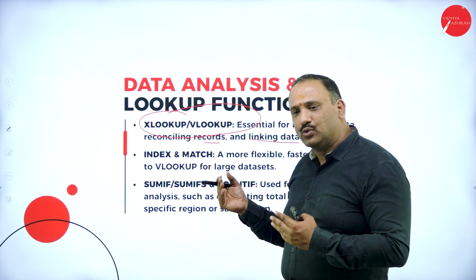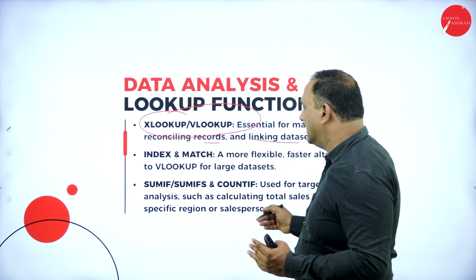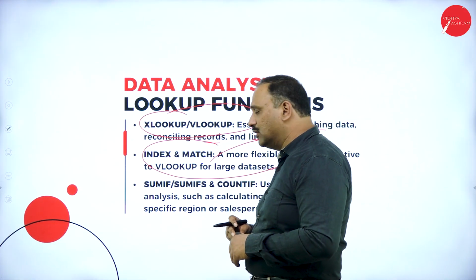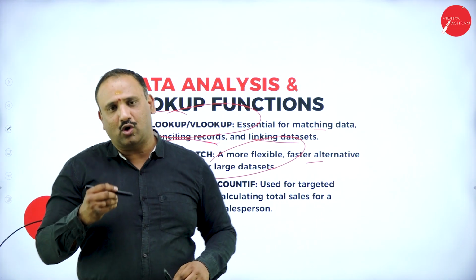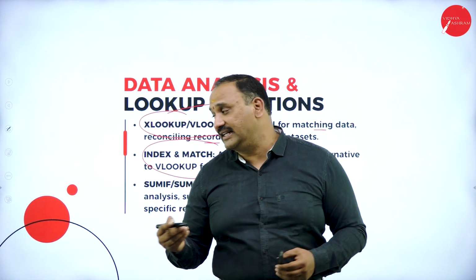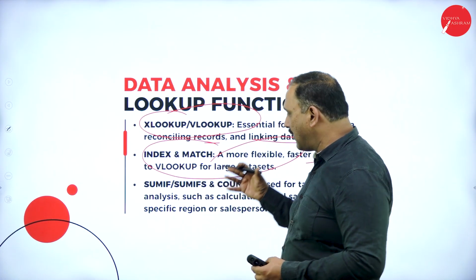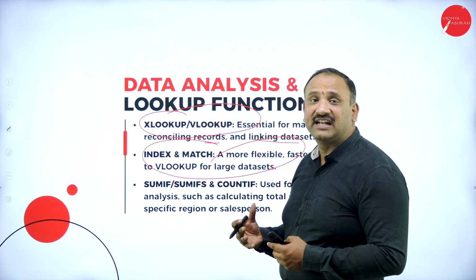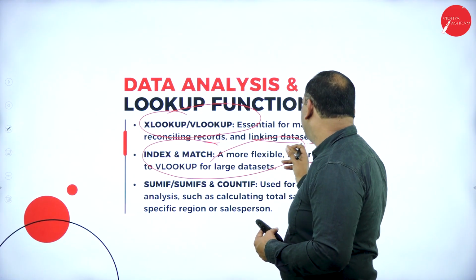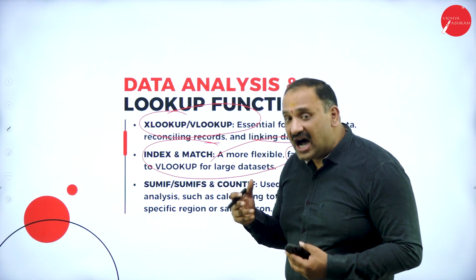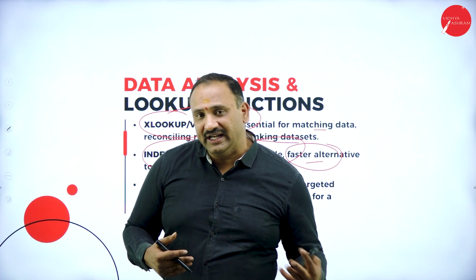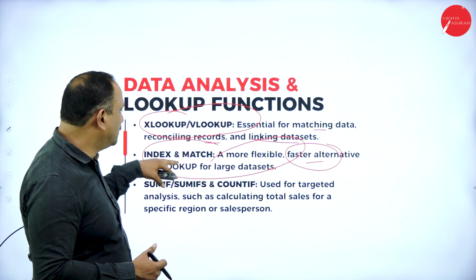So what primarily we tend to do is that it can check all the records that are available there. Now, the index and match is a more flexible and faster alternative to VLOOKUP for larger data sets. As we are talking about excelling the functions and taking it forward, we also need to understand that these databases are primarily used as data sets for faster and alternative arrangements altogether. So sometimes we might find that more flexible, faster alternative factors are available where data can be manipulated faster, data can be looked into faster,